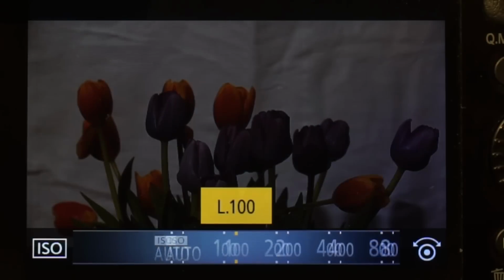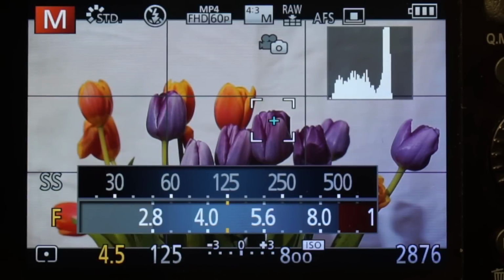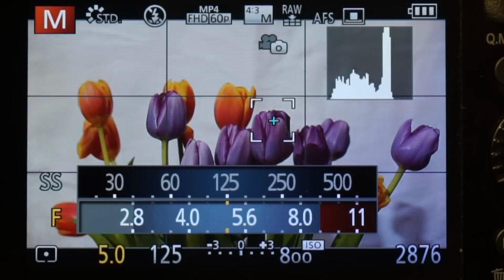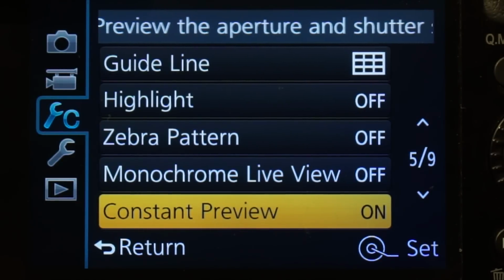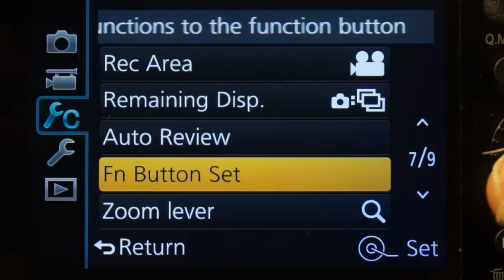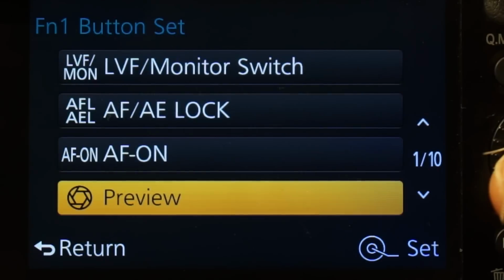Set the ISO and the EV display becomes the meter. It's kind of small. And note that the histogram turns from yellow to white when suitable exposure is achieved. That's good feedback. In manual exposure, constant preview shows the approximate exposure for the image. Assign one of the function buttons to preview, and then when you press the display switches to preview either shutter